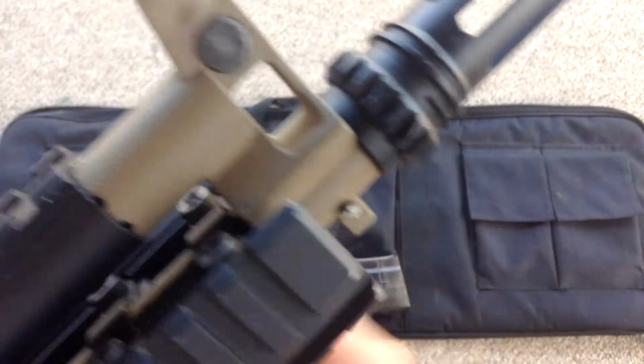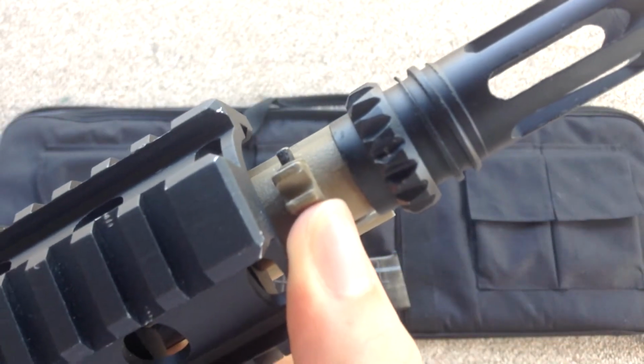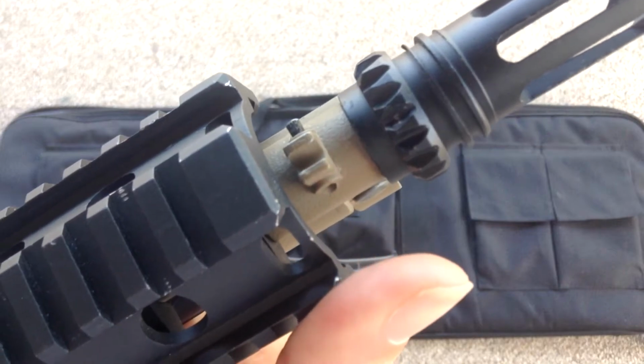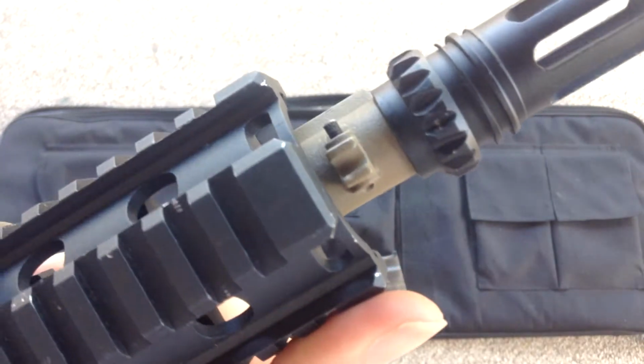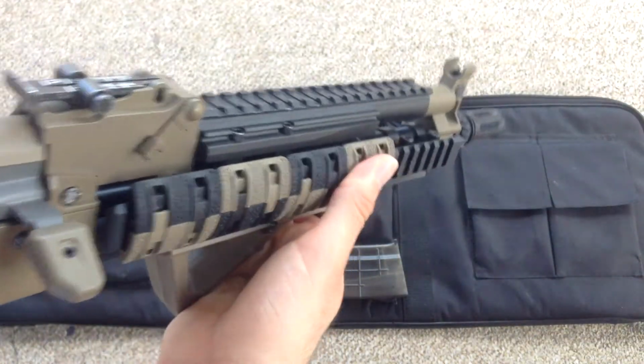This little pin here seems to be damaged and coming out. I think the original seems to have a hook thing here, and if you've seen those AKs with cleaning rods attached to the barrels, I think that's kind of what that was meant for. So the rail kit